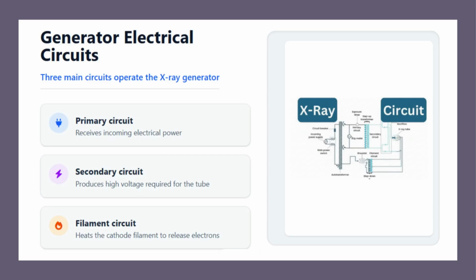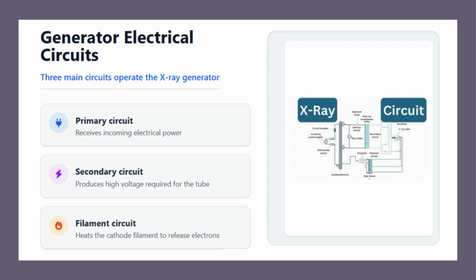The X-ray generator contains three major electrical circuits: the primary circuit, the secondary circuit, and the filament circuit. The primary circuit receives incoming electrical power and includes components that help control the voltage supplied to the system. The secondary circuit provides the high voltage necessary to accelerate electrons across the X-ray tube. The filament circuit provides the current needed to heat the cathode filament, allowing electrons to be released through thermionic emission. An easy way to organize these concepts is: primary controls the incoming power, secondary provides high voltage, and filament provides